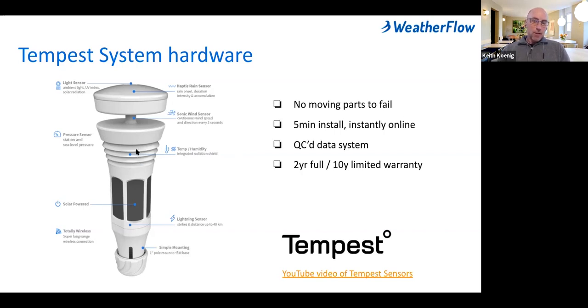Quick note on the radiation shield, we tested lots and lots of device designs. We came up with a design where the passive radiation shield does a pretty good job of deflecting a lot of the solar influence. But being that this is an all-in-one system that measures light, so you want to put it out in the sun, and measures wind, you want to put it in a very exposed situation.